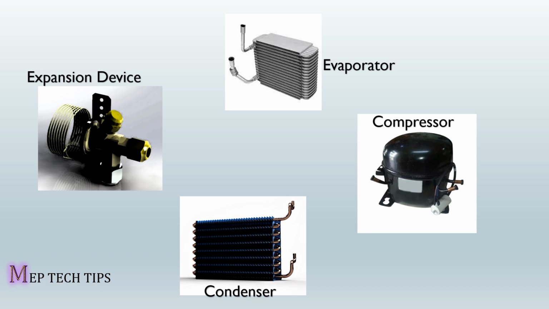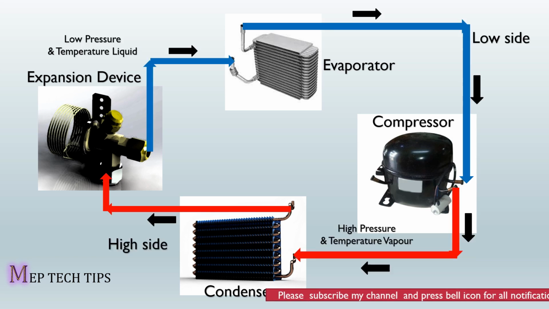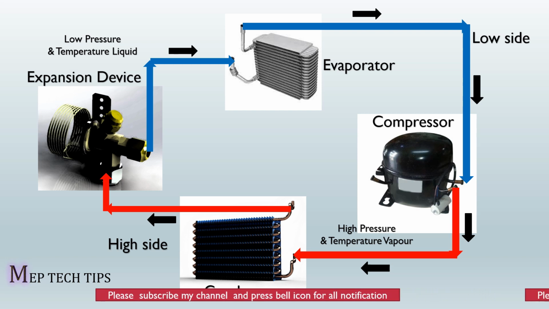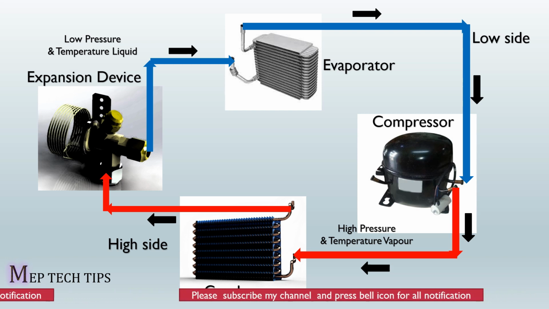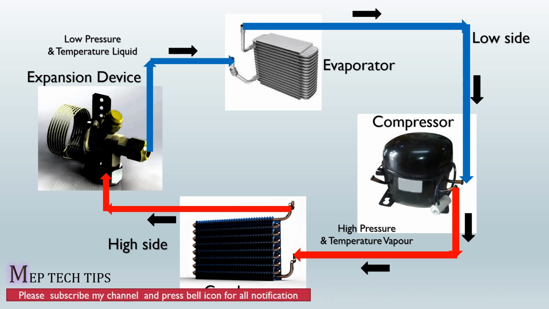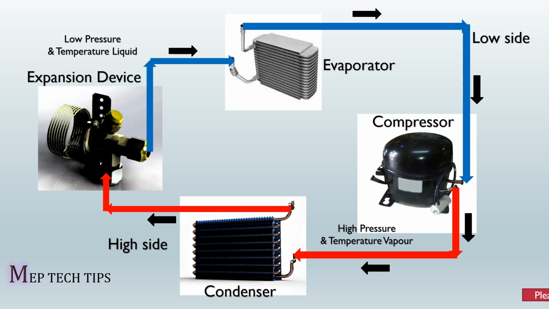I am considering this cycle for HVAC only, because some people can understand it with the refrigerant as a refrigerator or cooler and use that as an example, but I am considering HVAC. So when the compressor compresses the vapor in the gas state, what will happen? The volume of refrigerant will decrease, and at the same time pressure will increase.